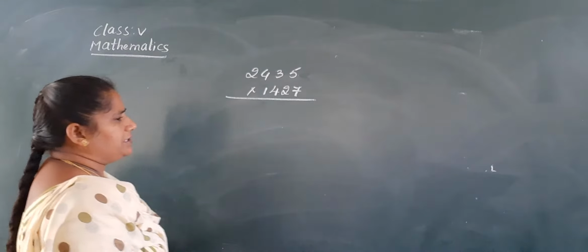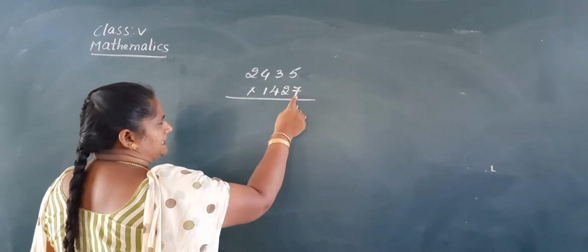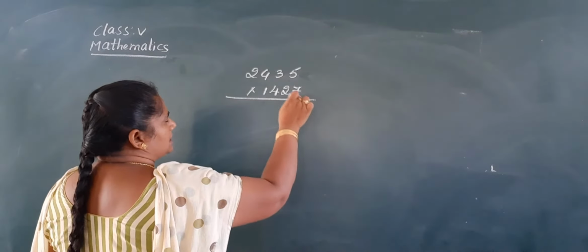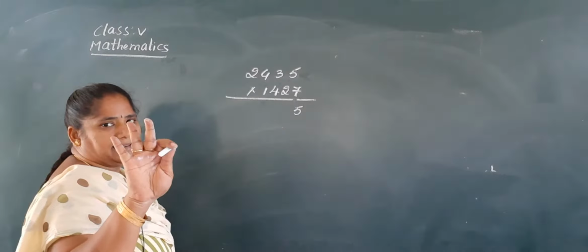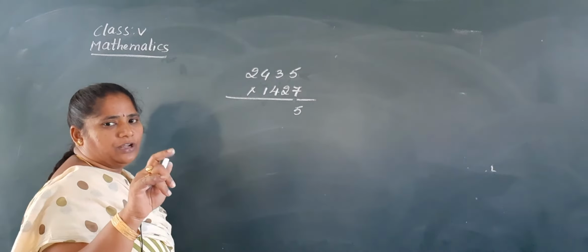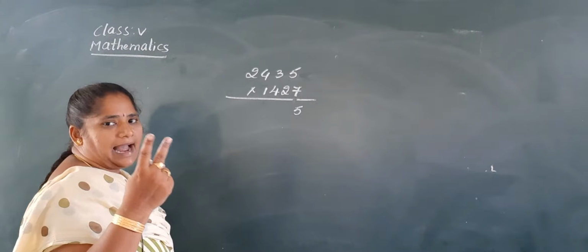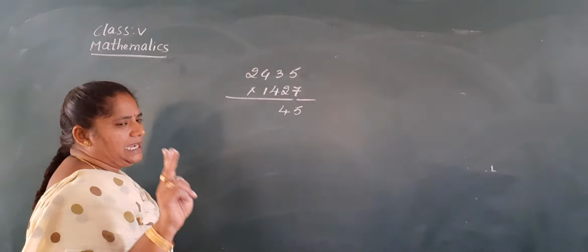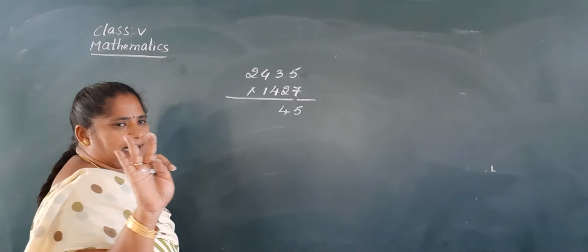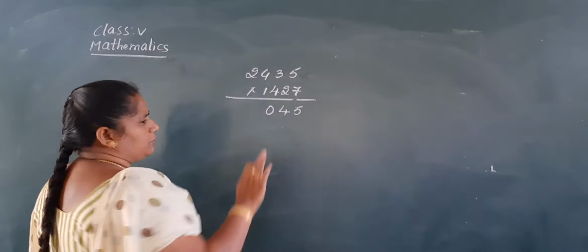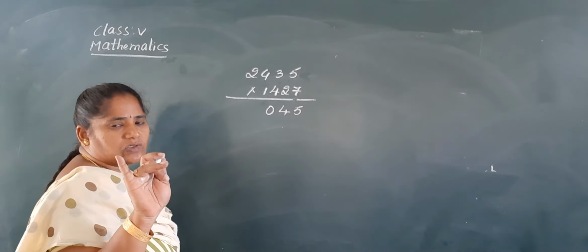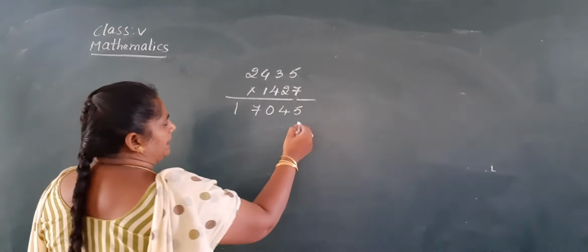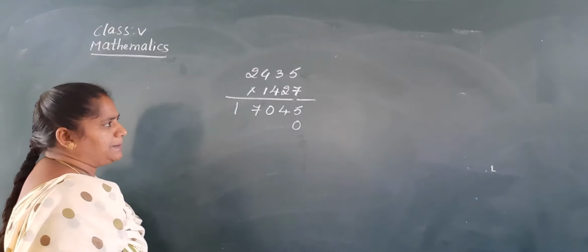Okay. So first you multiply by the ones place, that is 7. 7 5s are 35. 3 in hand, 5 is down. 7 3s are 21. Now add this number, 22, 23, 24. Now you get 24. 2 in hand, 4 is down. 7 4s are 28, 29, 30. 3 in hand, 0 is down. 7 2s are 14, 15, 16, 17. No number to carry, so write 17 down itself. And keep 1 0 in the ones place because that ones place is completed.